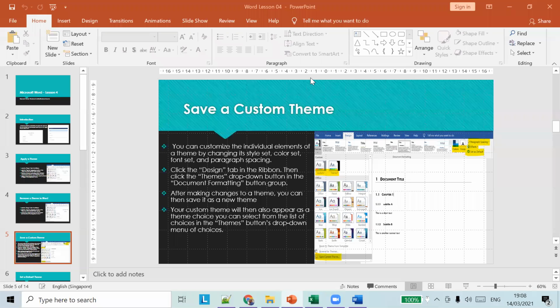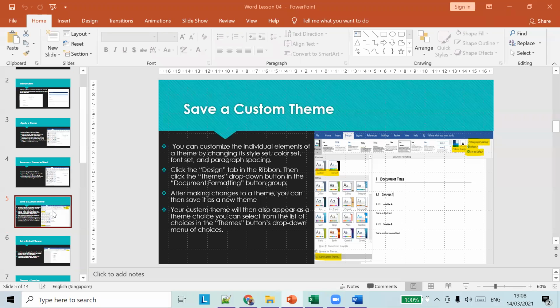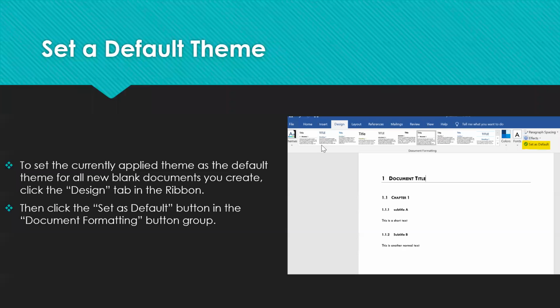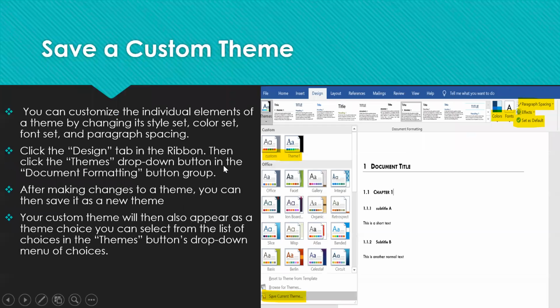Okay, so now we'll see how to... we saw how to save themes, right?